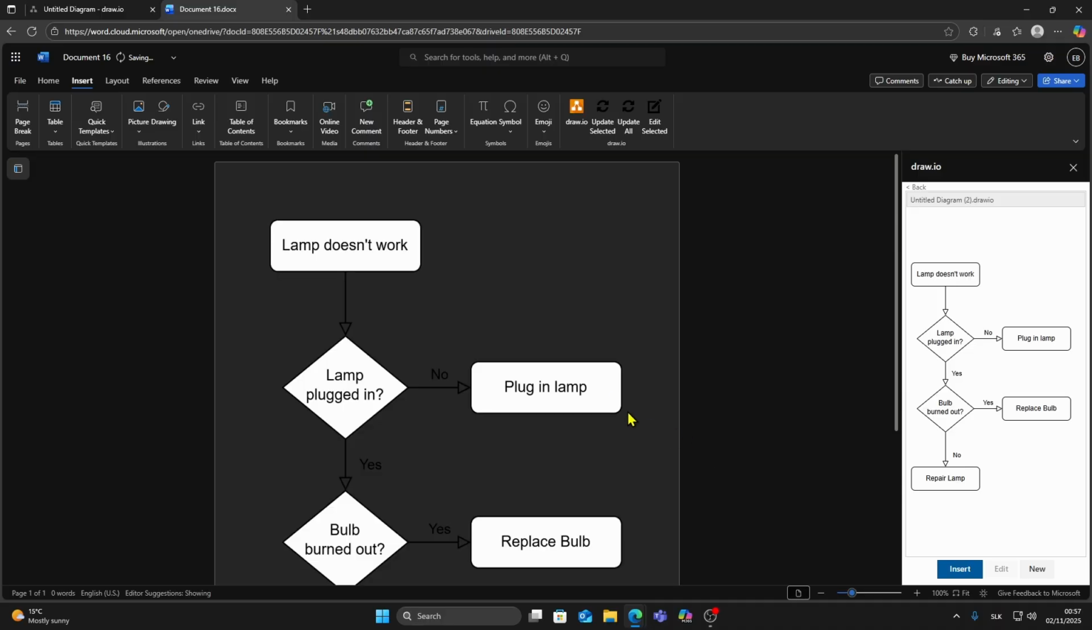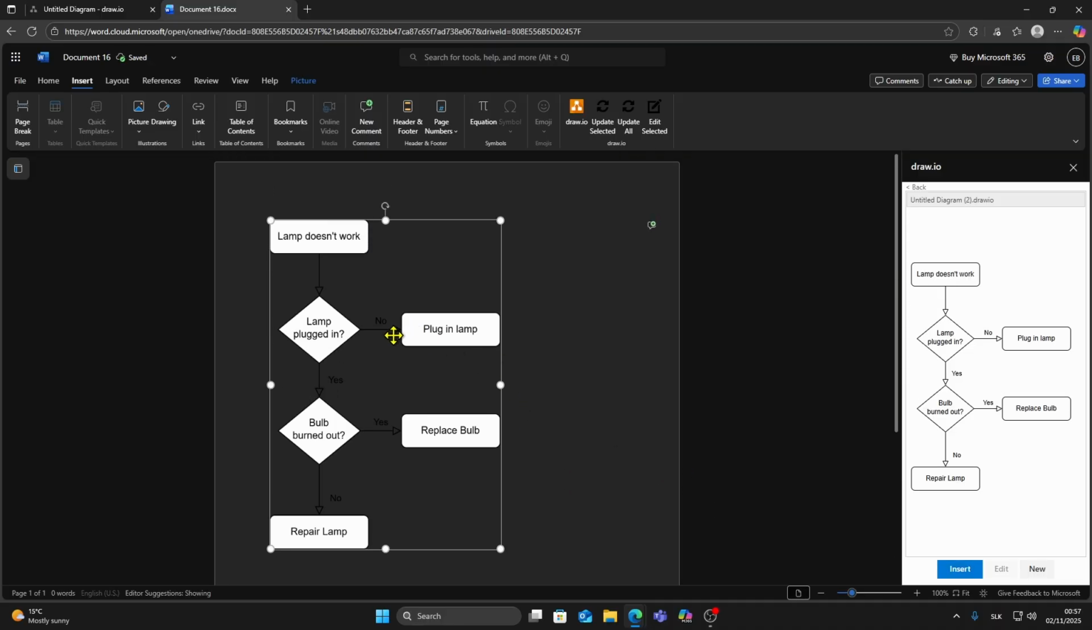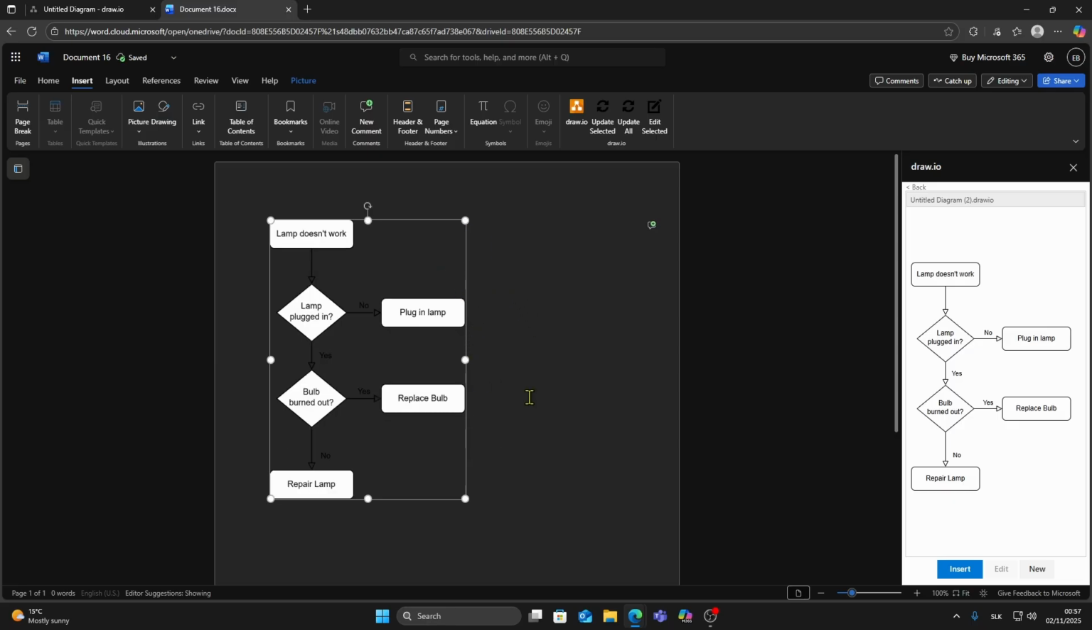Then click Insert. As you can see, the diagram is now added to our Word document. You can click and drag to resize it and position it however you want. That is how you import your draw.io diagrams into